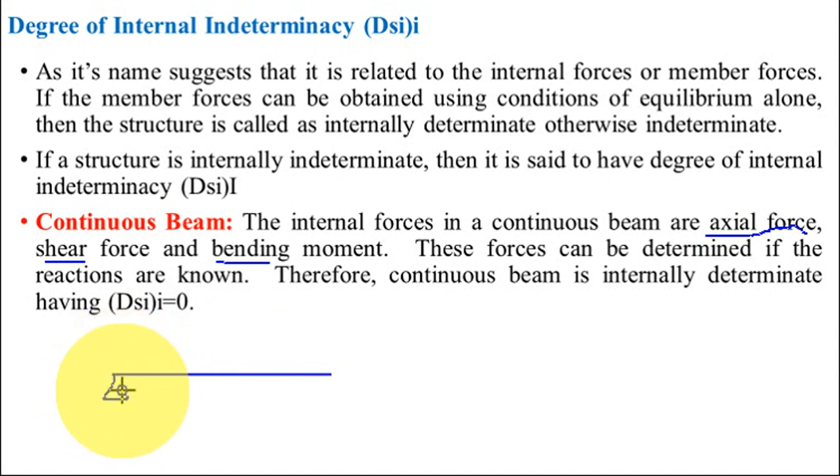For example, here I will consider one continuous beam having a hinged support at the left end, then a roller